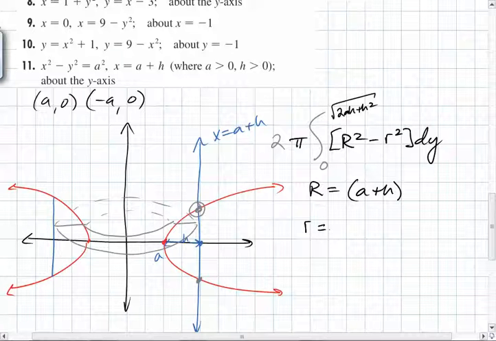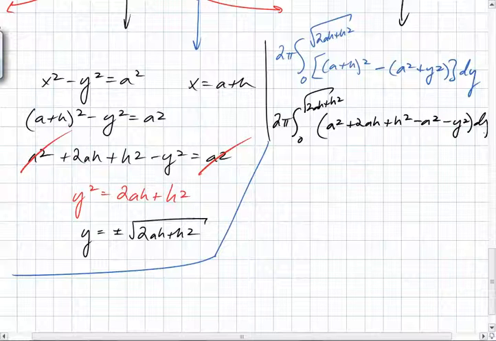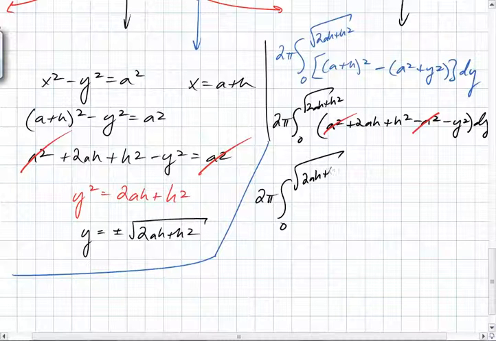Little r in this case, what do we have to do for little r though? Solve it for what? Solve it with respect to y, exactly. Are things going to start, hopefully, canceling? Yes. So we have this 2ah plus h squared, and inside we have a squared plus 2ah plus h squared minus y squared, dy. What cancels? The a squareds cancel, leaving you with 2 pi integral from 0 to the square root of 2ah plus h squared,